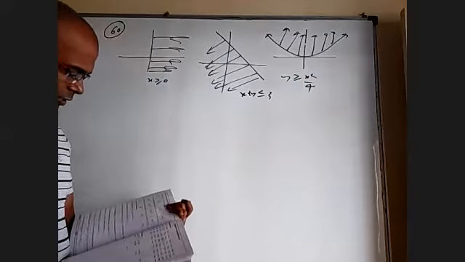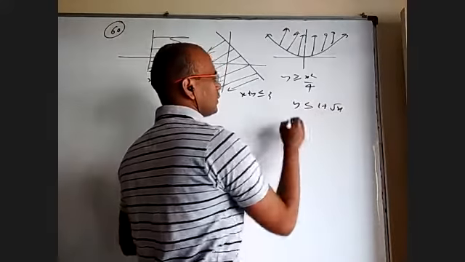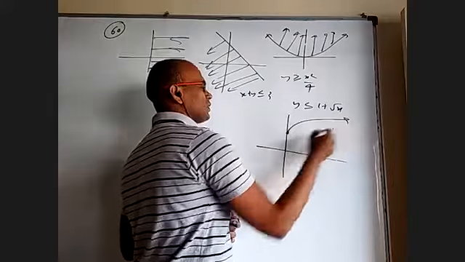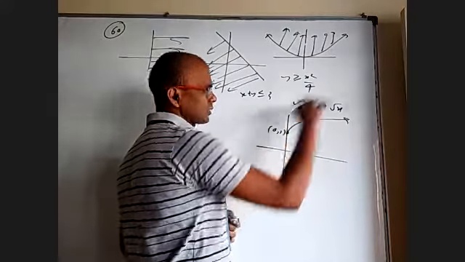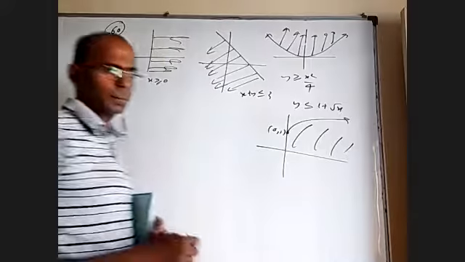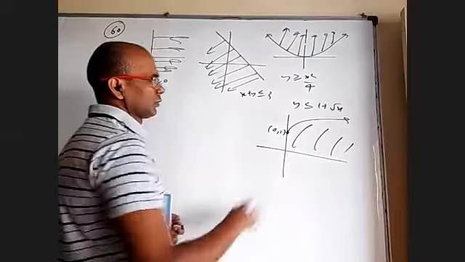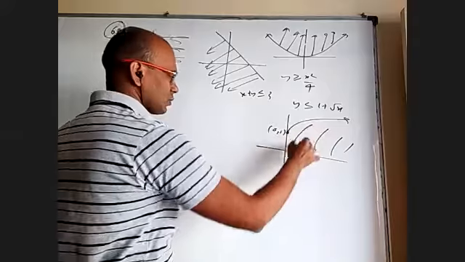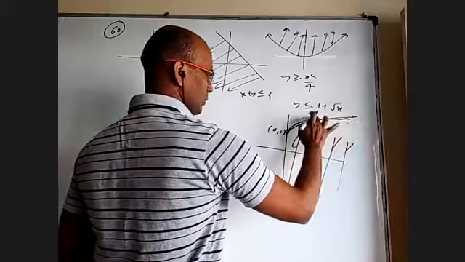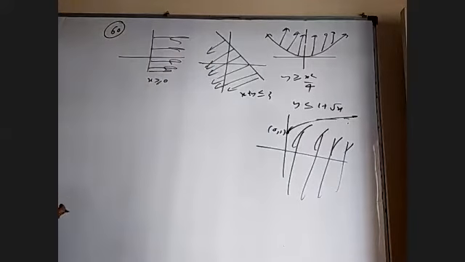Next, y is less than or equal to 1 plus root x. What about that? 1 is here, root x is after that. So this is 0, comma 1 and start from there root x. y should be less than that, so this whole thing. Okay. y can be even negative, right? So this whole, everything below this parabola, only one branch of the parabola. Okay, now I have to take the intersection of all that.